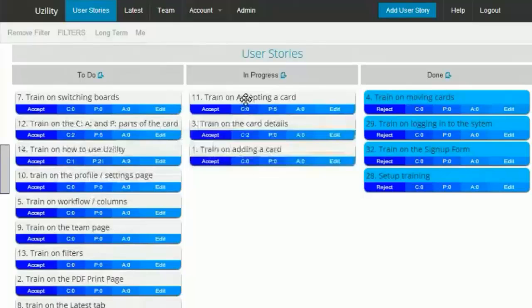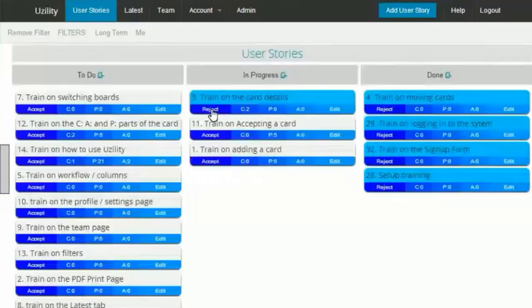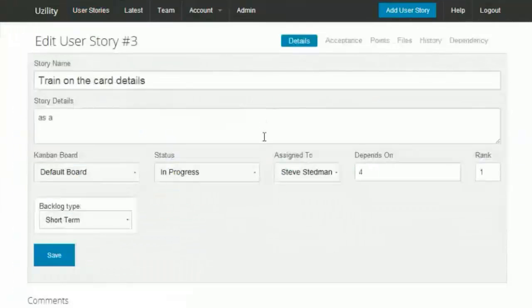To accept a card, there's a couple ways you can do it. First, if you're going to take the card and work on it yourself, you can click the accept button. And each person in the system can be configured with a different color for the card, so you can see what cards are assigned to you by the color. The other way to accept or assign a card is to double-click on it, view the Assign To column,